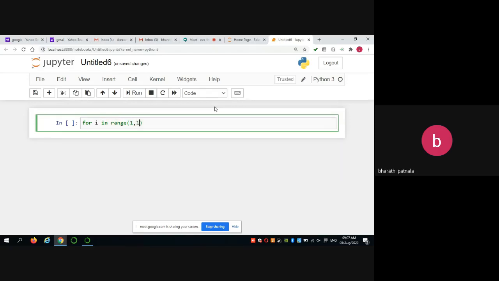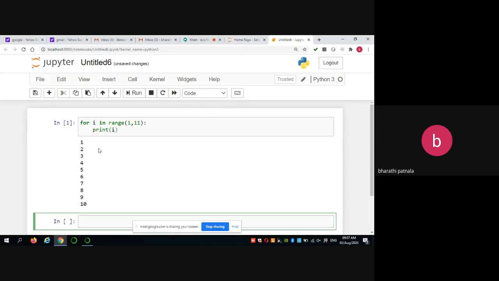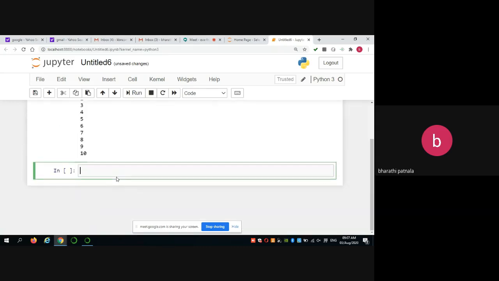So starting is 1 up to n, but we have to give n plus 1 in the condition and print i. Okay. So this particular block will print the natural numbers 1 to 10. So the same will be implemented using for loop.